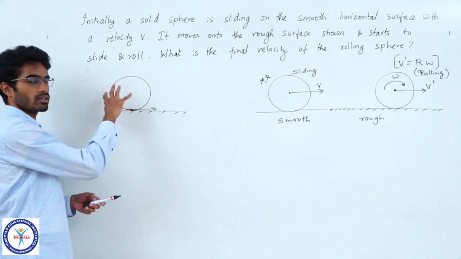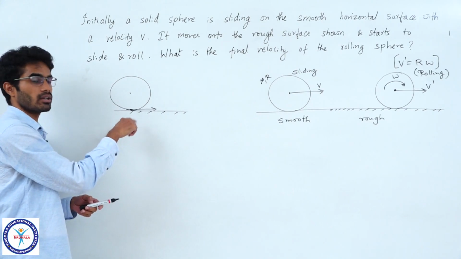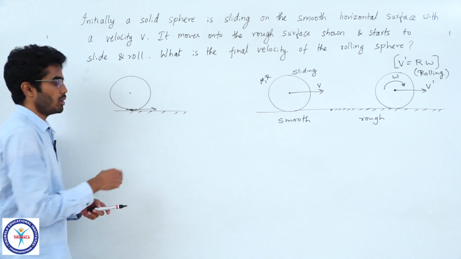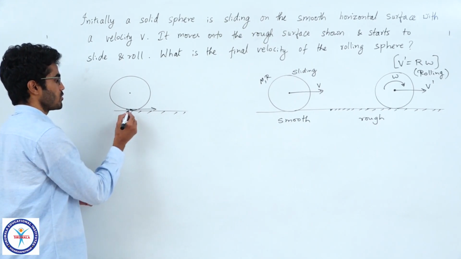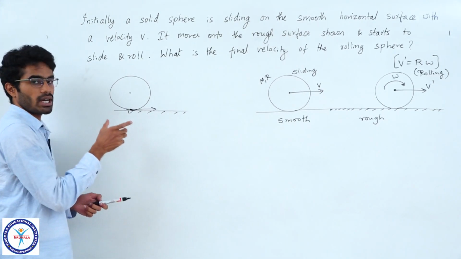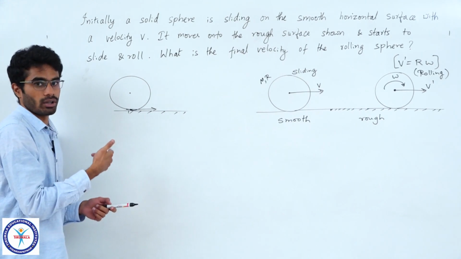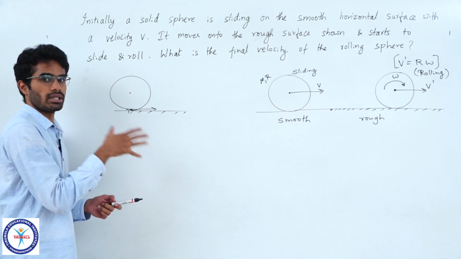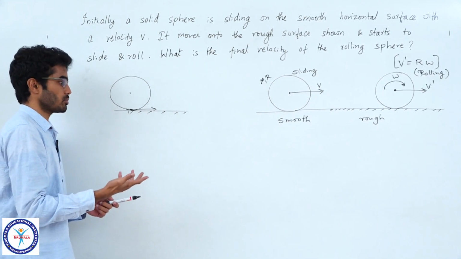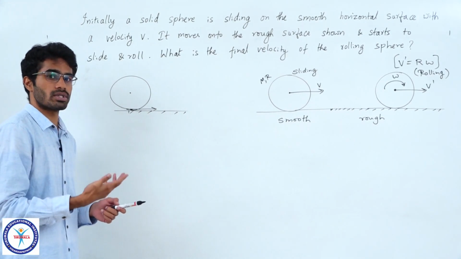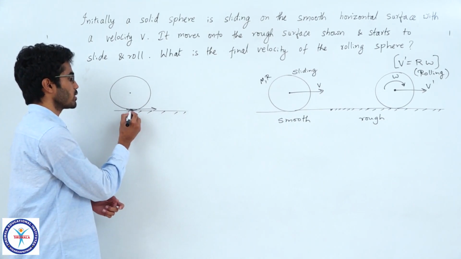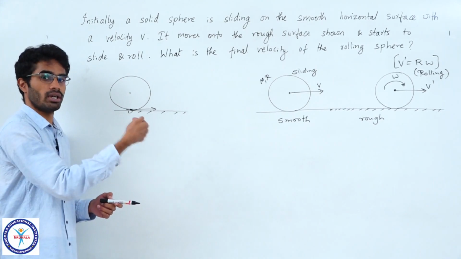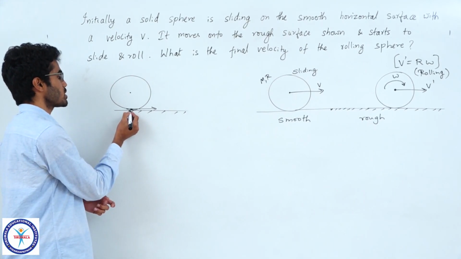It was just sliding earlier, moving towards right. So, this point is still trying to move towards right, but here as it hits the rough surface, there is a chance that friction starts to act on this object. So, if the friction is possible in this scenario, how does the friction develop? Friction always tries to oppose the relative motion. So, if this point tries to move towards right, the friction acting on the object will be in opposite direction, acting towards left.